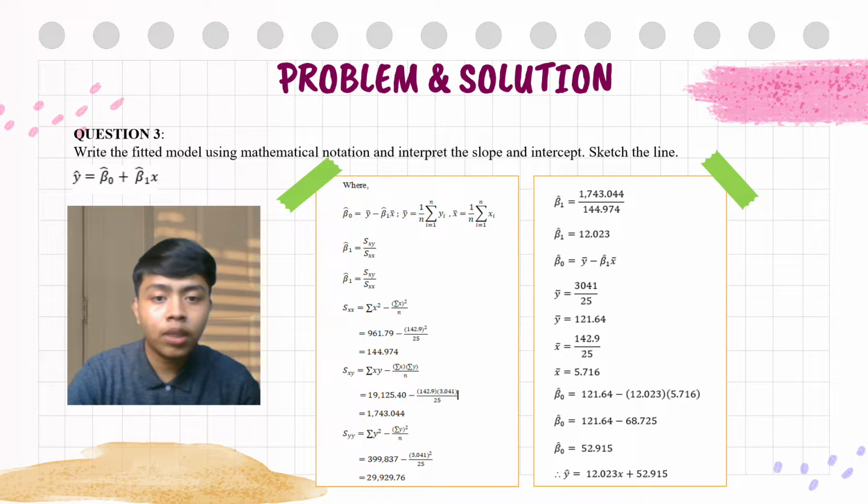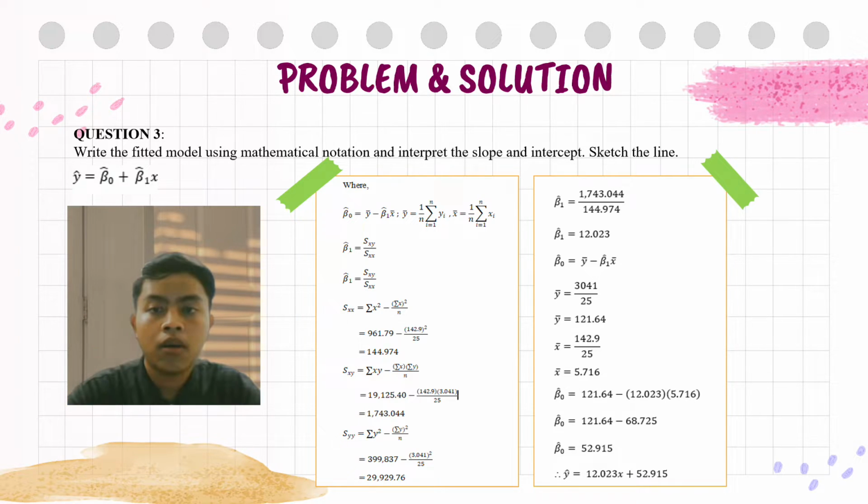Sxx is solved by using the total summation of x to the power of 2 minus the total summation of x to the power of 2 divided by n. The value gained is 144.974. Next, Sxy is solved by using the total summation of xy minus the total summation of x multiplied with the total summation of y divided by n. The answer is